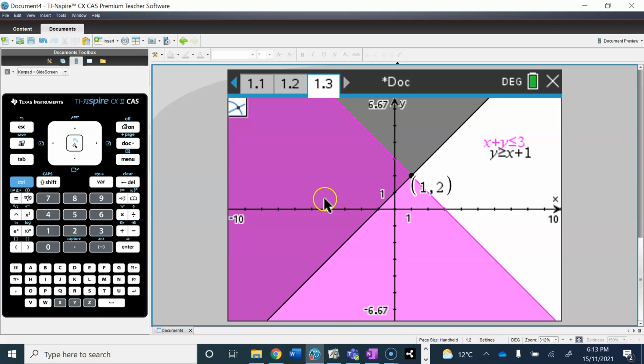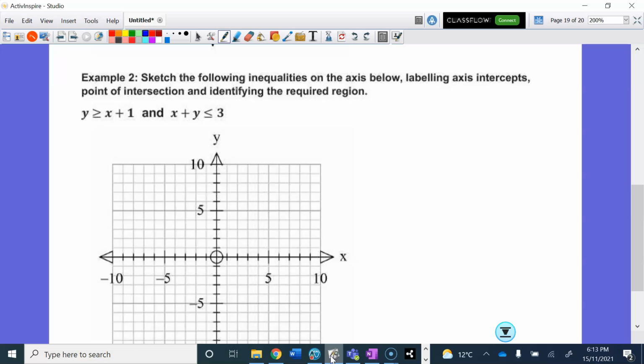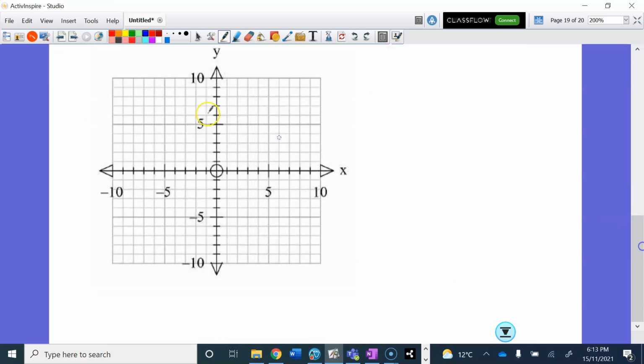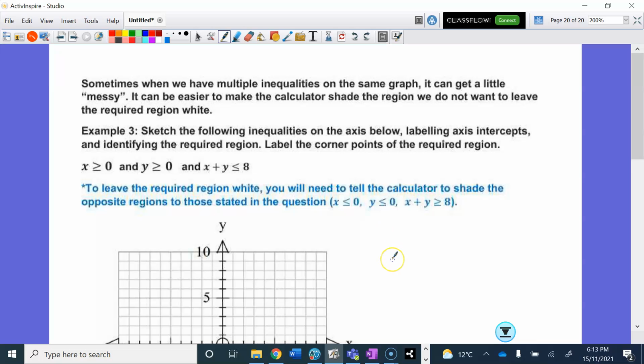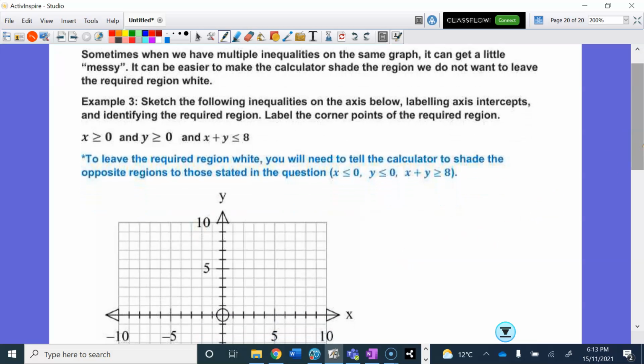All right, I don't want to do every single question here because I want to leave you some stuff to do yourself. I'm just kind of starting you on some of these. When you flip over, you'll see that sometimes there's more. There's 3 at once or 4 at once or something like that. And as we've seen, even with 2, it starts to get a bit messy. So once we start getting too much mess and we can't decide which part's got 3 bits, which bit's got 2 bits, or which bit's got 5 bits shaded, sometimes it's easier to tell the calculator to shade everything you don't want and leave everything that you do want